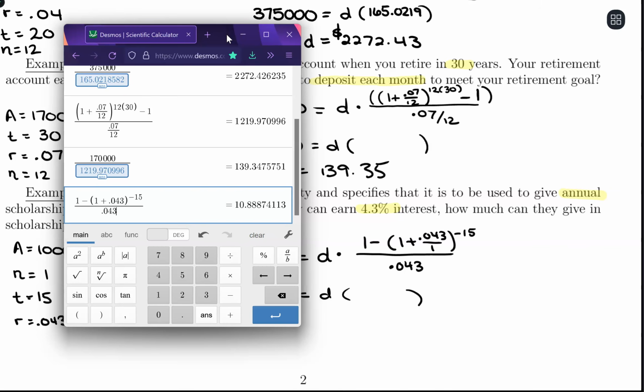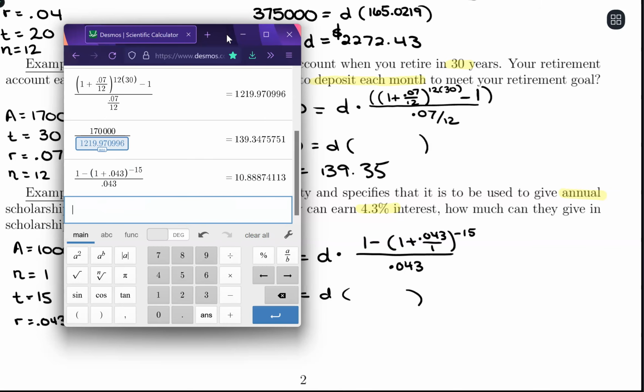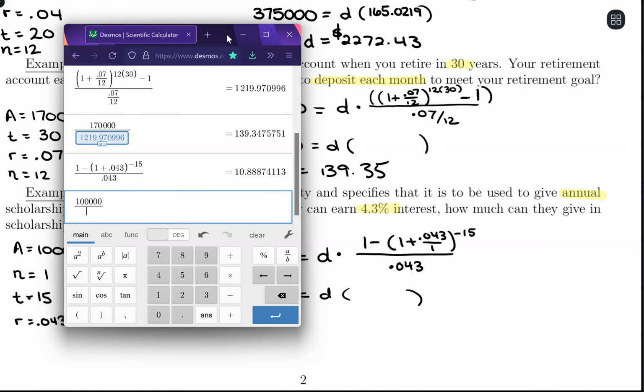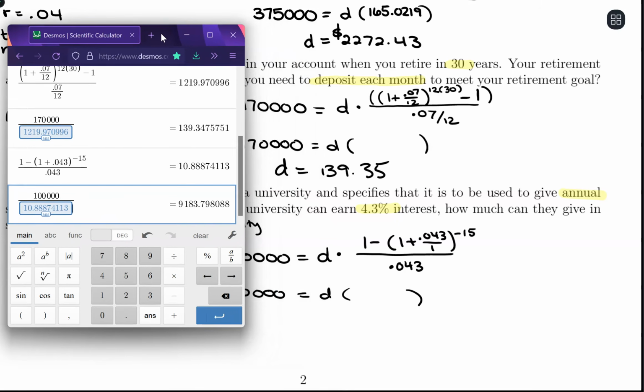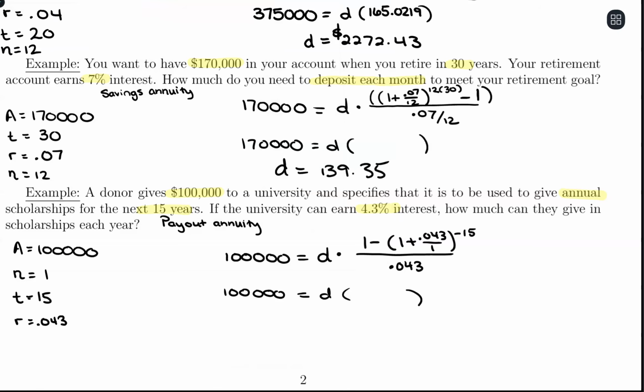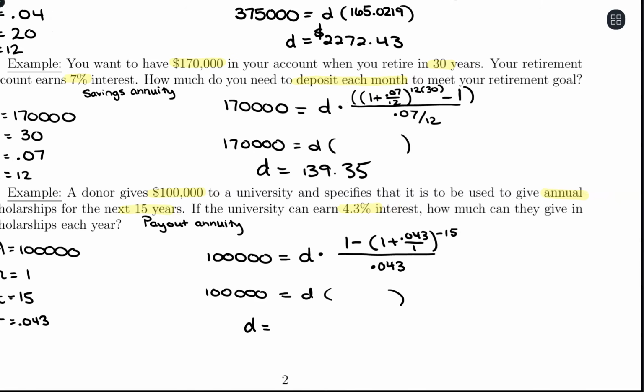So we're getting a 10.8887. All we want to do is take 100,000 divided by that last answer. So we're getting a value of D of 9,183.80. So just copy that down. So D equals 9,183.80. So that could be the scholarship amount that we give each year for 15 years with this amount that